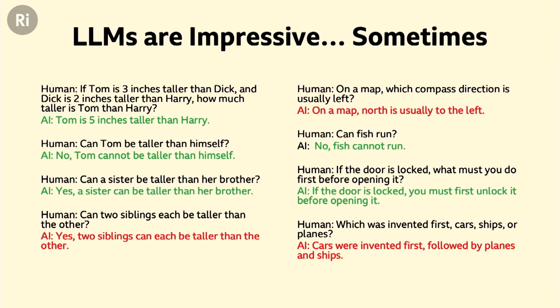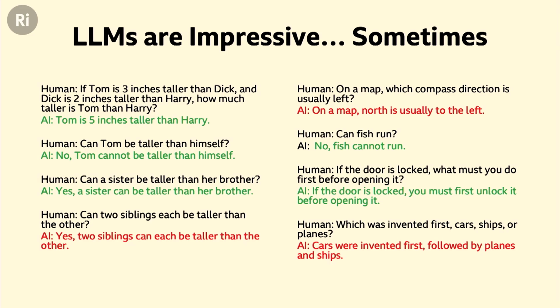Okay? So what does this test look like? Well, the test is a bunch of questions, and they are questions not for mathematical reasoning or logical reasoning or problems in physics. They're common sense reasoning tasks. And if we ever have AI that delivers at scale on really large systems, then it surely would be able to tackle problems like this. So, what will the questions look like? The human asks the question, if Tom is 3 inches taller than Dick, and Dick is 2 inches taller than Harry, then how much taller is Tom than Harry?